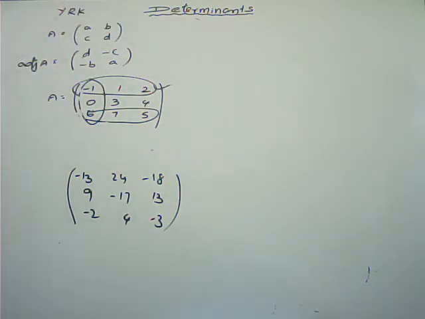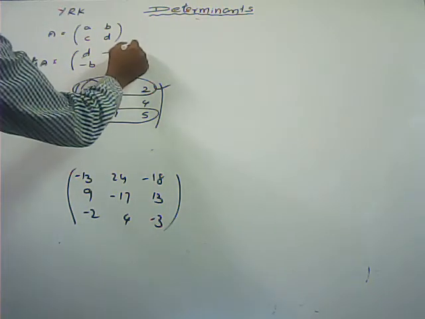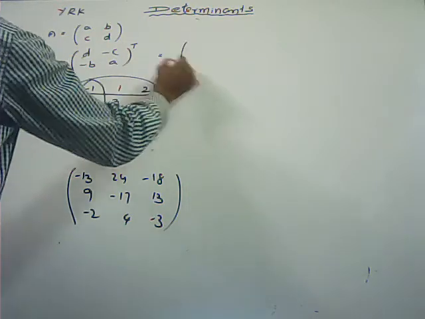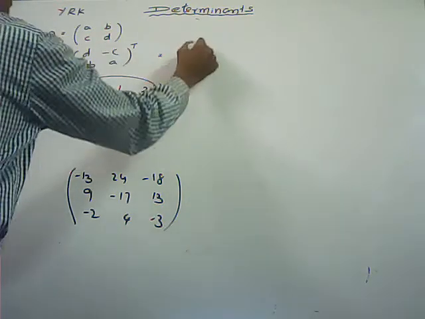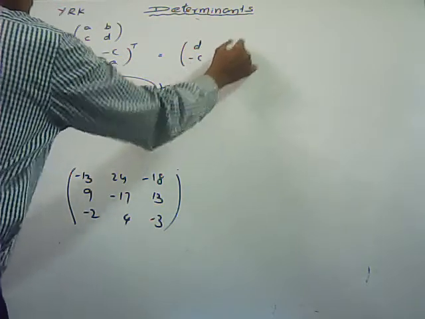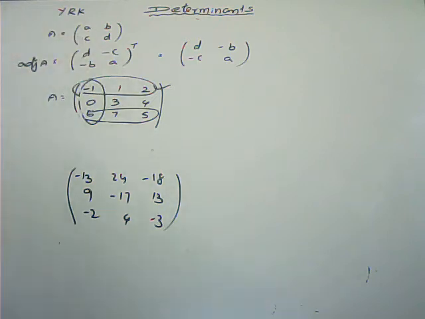How to find the cofactors, we already discussed. Now first write down the cofactors and transpose it. What is the transpose? The first row becomes the first column and the second row becomes the second column. This we say is the adjoint of the given matrix.